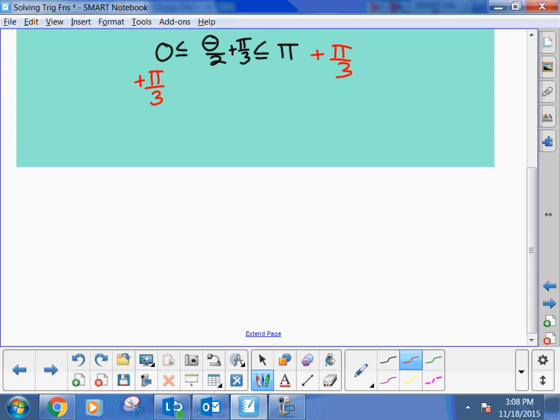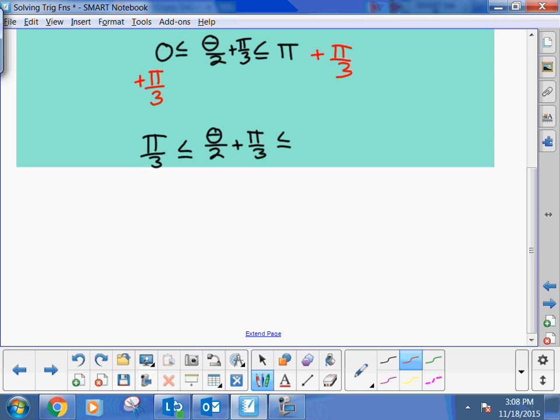I'm going to have that over here on the left. This is going to be pi divided by 3 now. It's going to be my lower bound. So no longer am I starting at 0. I'm going to start at pi divided by 3, and I'm going to be working with the angles. And then over here on the right,